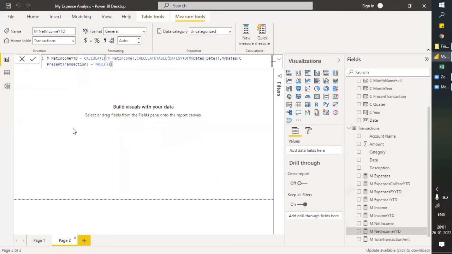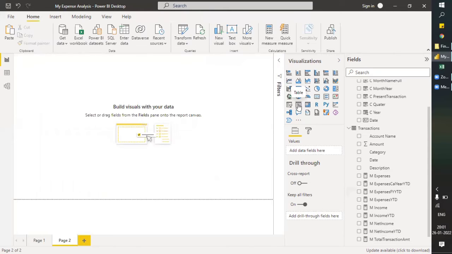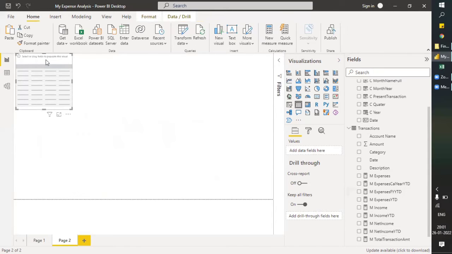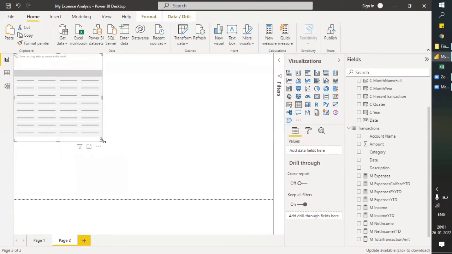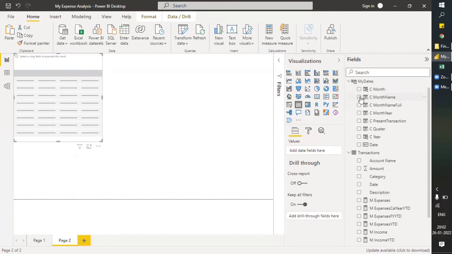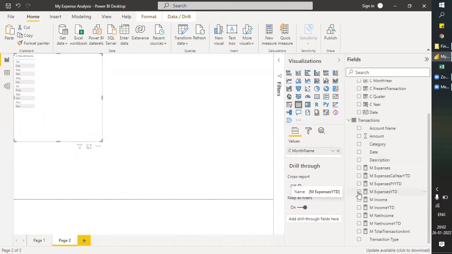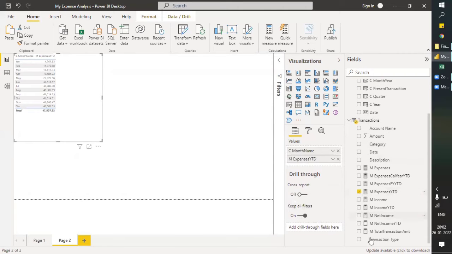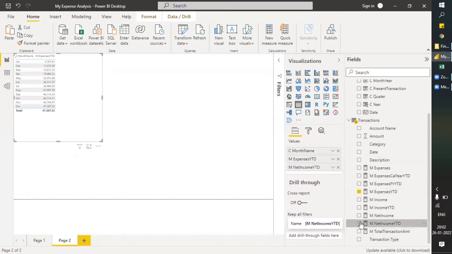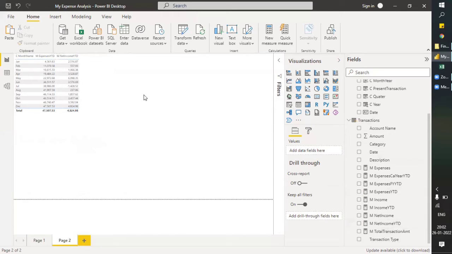Let's add a table again here. It's fine here, table. Let's make it bigger. Now let's add the month. Where's my month? Month name. And then expenses YTD, net income YTD. Now this is how we calculate